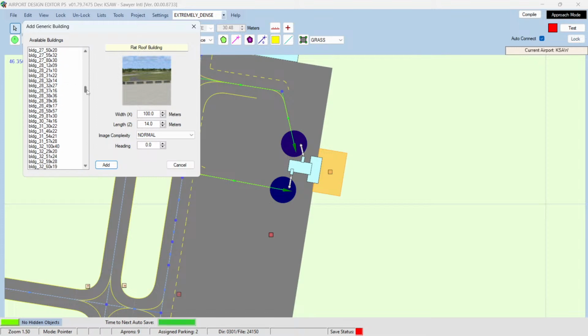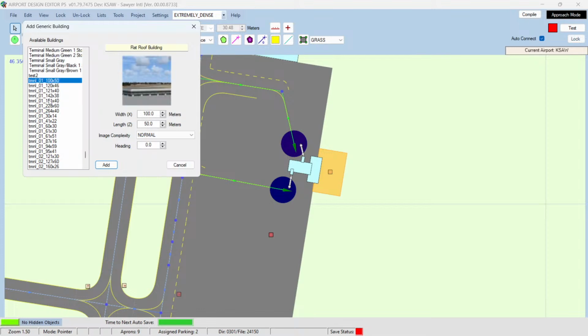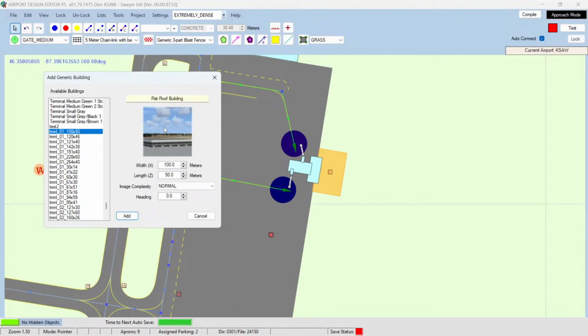So we're going to go down here to terminal. I don't think these are the ones that I wanted to use. One story, two story. Here we go. These were the terminal buildings that I wanted to check out. And I'm sorry, I can't make this screen any bigger. So this is the thumbnail. So we're gonna scroll through here and look for